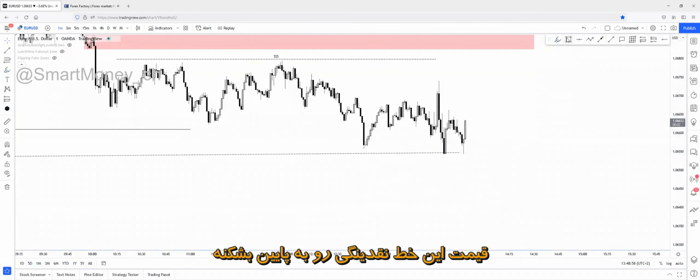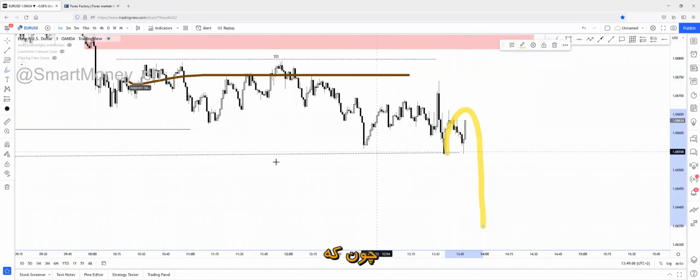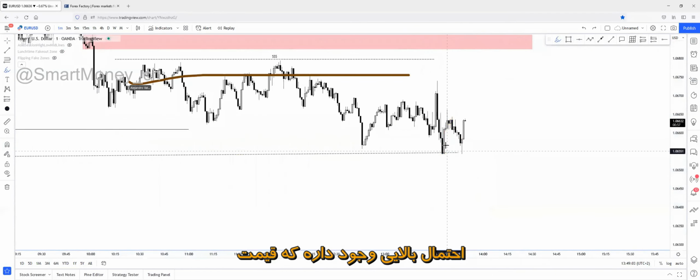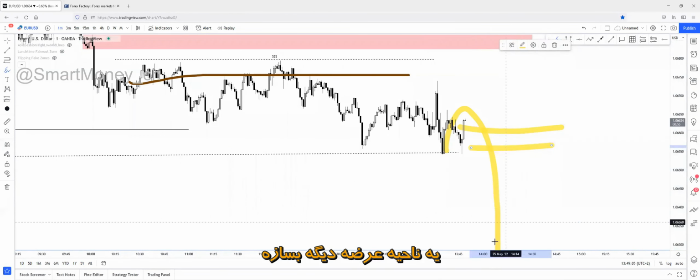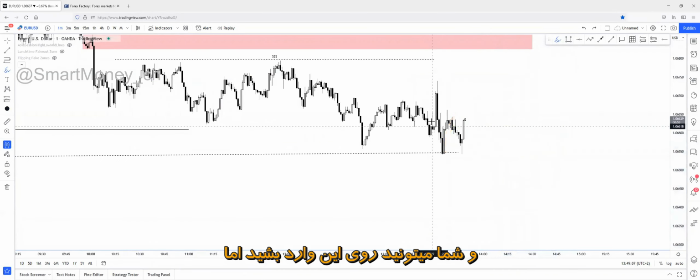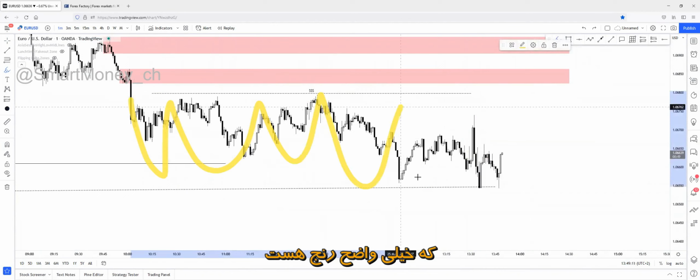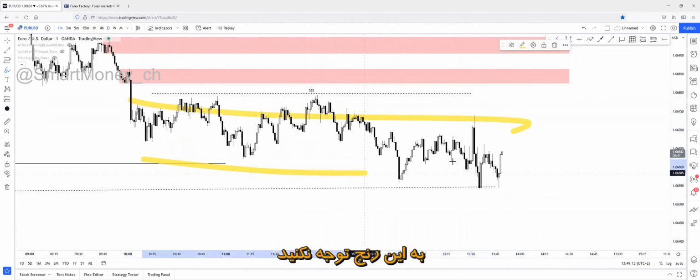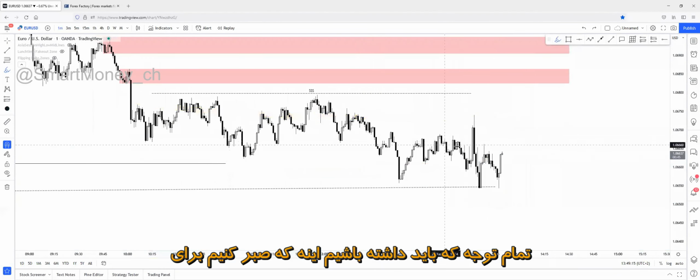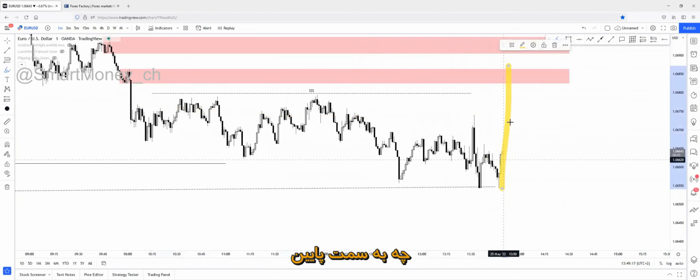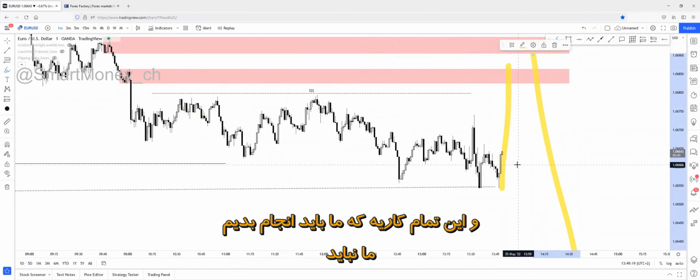Or there's a high chance that price will break below this liquidity line, because there's a liquidity line still. There's a high chance that price will create another supply zone and you'll be able to enter on this one. But finding any good position in this specific price action region, which is clearly a range, is difficult. We don't have to care about this range. All we have to care about is to wait for a sweep of this range, either on the first side or on the second side. This is all we have to do.